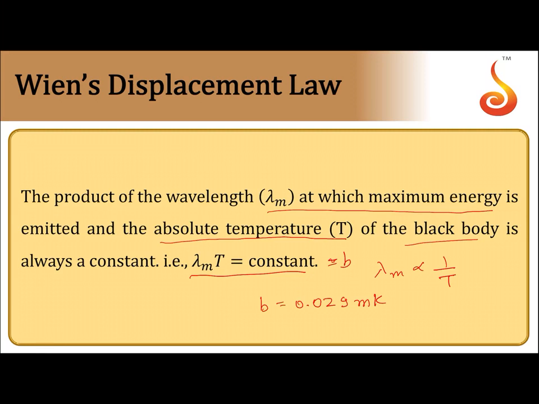Wien's displacement law can be used to explain the change of color of an iron rod when it is heated. When you heat it, initially it becomes red hot. Then if you further heat it, the temperature increases, so it will become blue hot. You know very well, red has greater wavelength than blue. When the temperature increases, the wavelength emitted decreases. Wien's displacement law is also used to calculate surface temperatures of the stars and other celestial bodies.